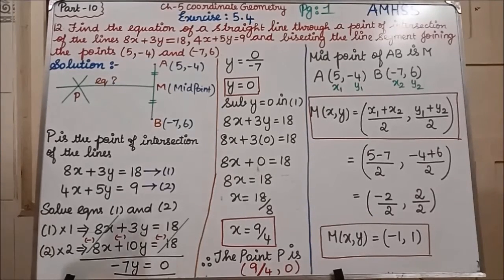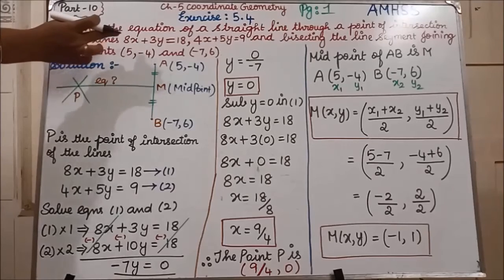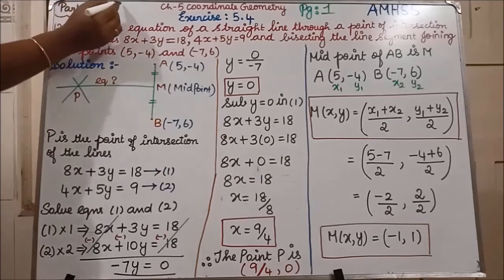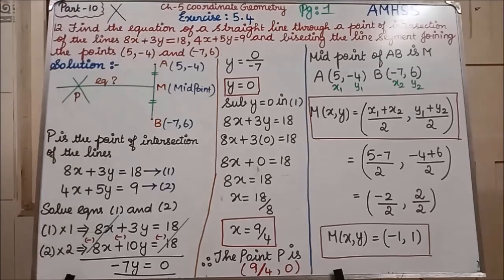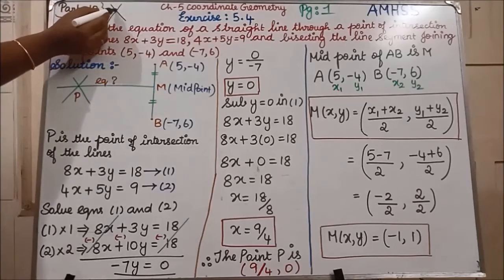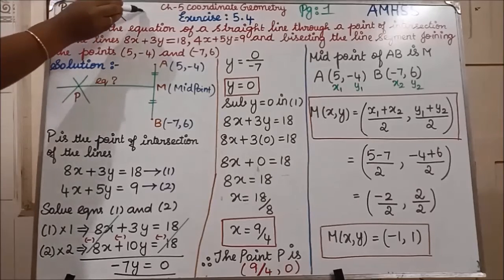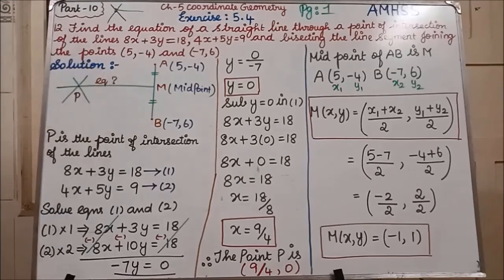Okay, I will explain now. Find the equation of a straight line. Okay, equation of a straight line they were asking. Passing through a point of intersection of the lines. That equation of the straight line is passing through the point of intersection of the two lines. Okay, see this is one line and that is one line. So point of intersection means, so far we have seen, this point is the point of intersection. From this point of intersection a line is passing. See, I have drawn a line is passing.